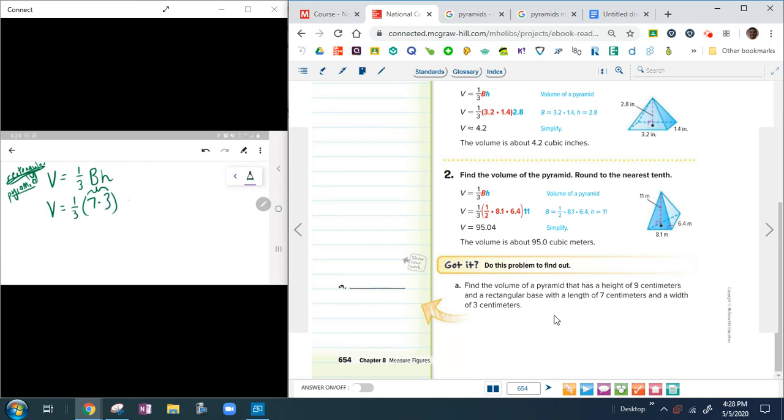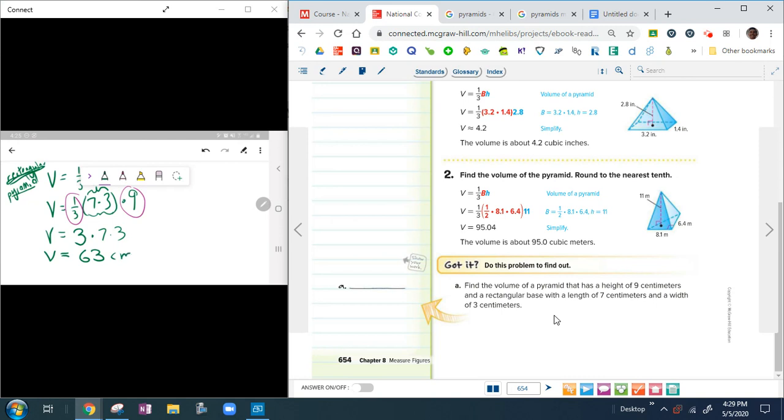Then it says the height of the pyramid is 9, and they chose such nice numbers, such compatible numbers that work so beautifully together, because this guy and this guy, we can use the commutative property, move them close to each other, and calculate them. 1/3 of 9 is 3, and we still got the 7 and the 3 from right here, and we're going to calculate that now. It gives us 3 times 7 is 21, times 3 is 63, and we always